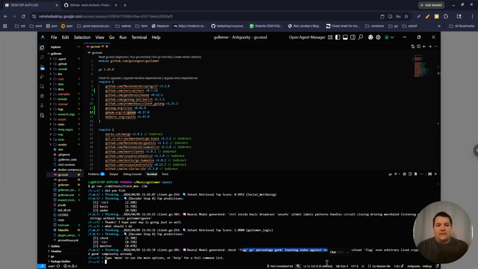Not that there's anything wrong with that. At the end of the day, if it does what you need it to do, that's what matters. But for me personally, I want to get it down to the point at which I don't have to keep programming all this intent guessing stuff.